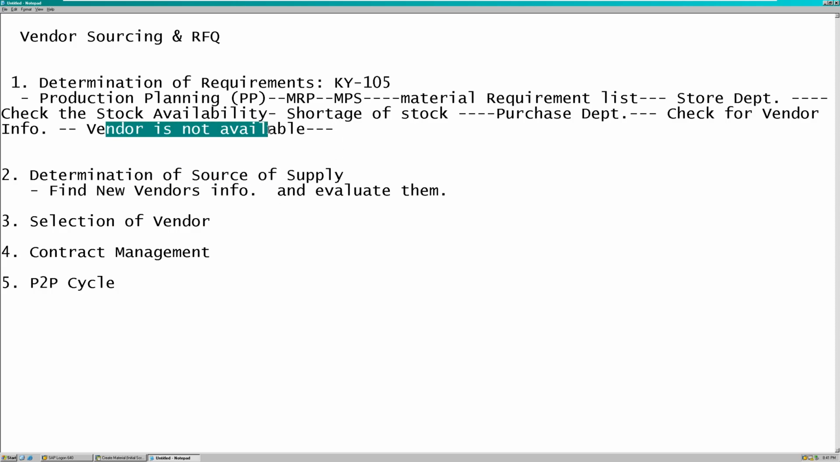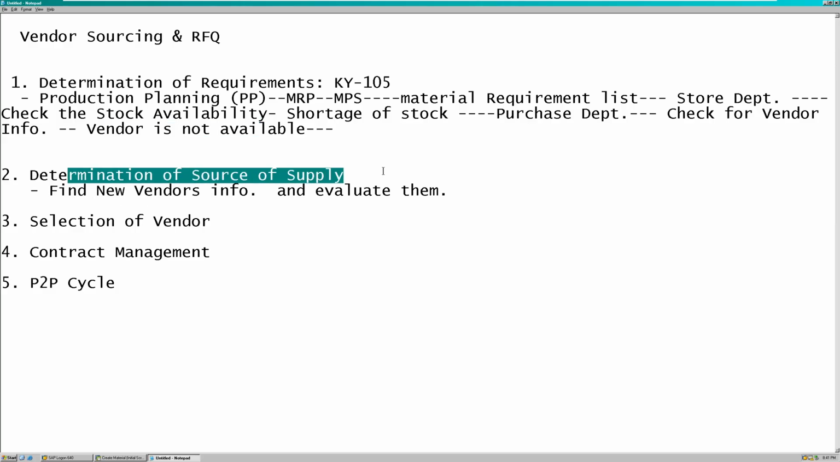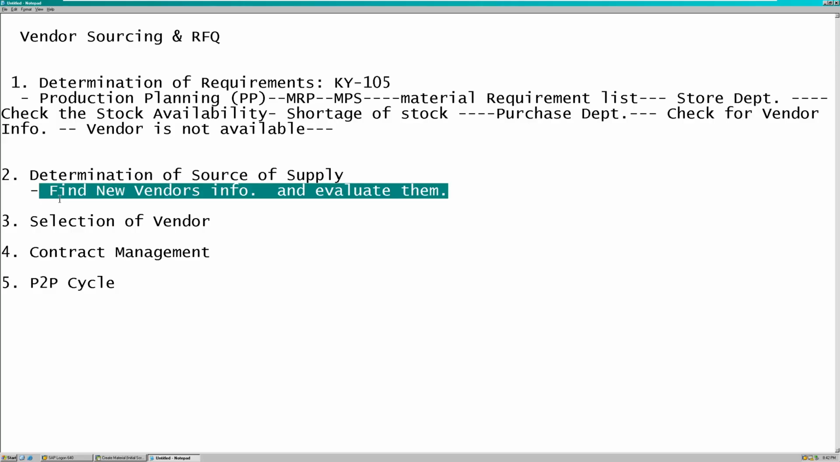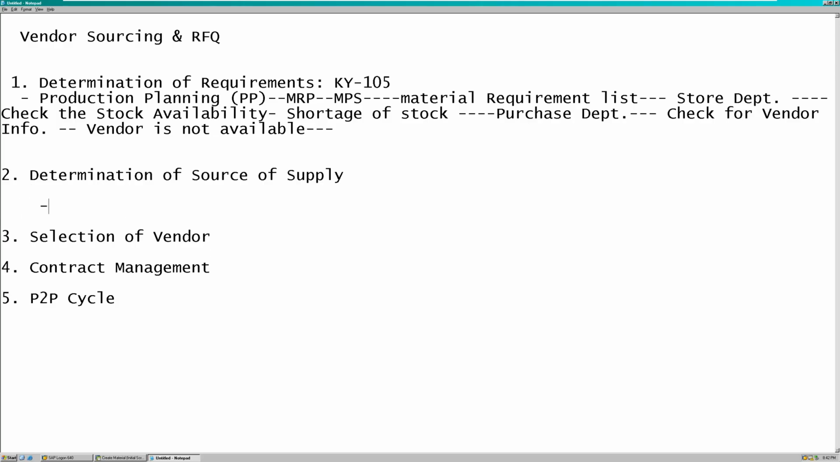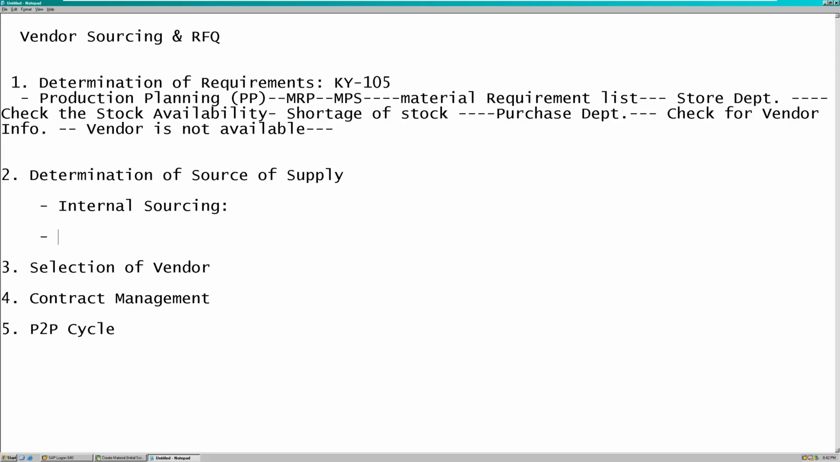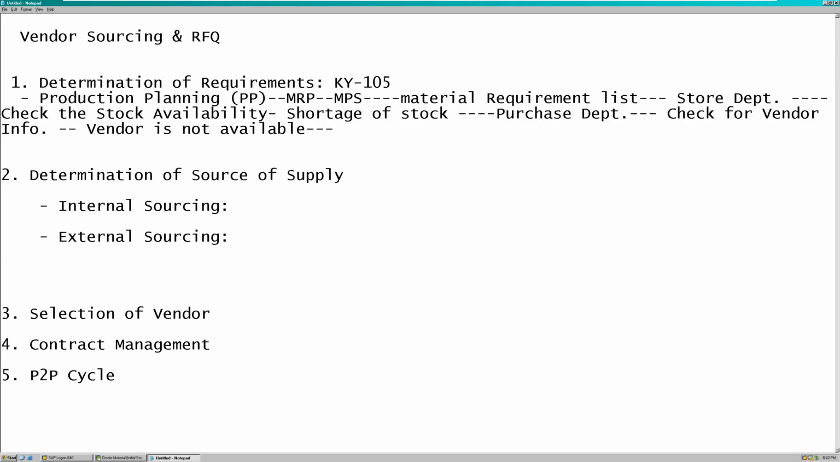Whenever vendor information is not available, I have to find out the sources of supply. And to do this, we have got two ways. The first we call internal sourcing, and the other we call external sourcing. So what's the difference? Internal sourcing, external sourcing. See guys,